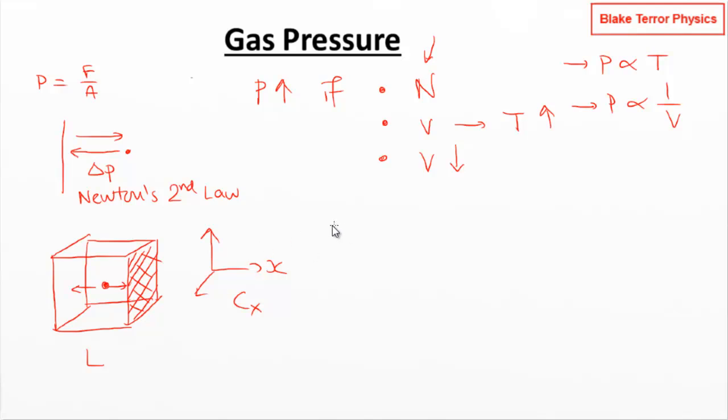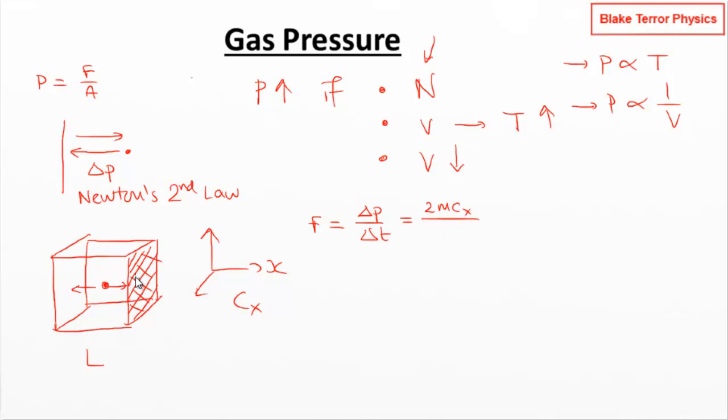So we're going to then say, okay, well, the force is going to be the rate of change of momentum. This is our Newton's second law. So if it's got a mass of m, then it's going to come onto the wall with momentum mc_x, and it's going to go off of the wall with momentum minus mc_x. So we're getting a change in momentum of 2mc_x,